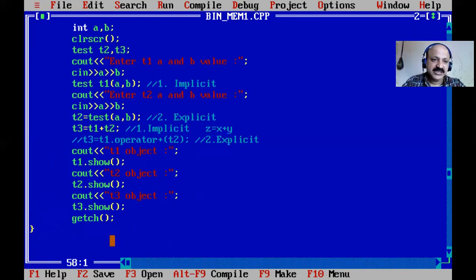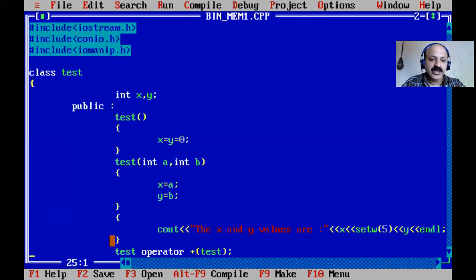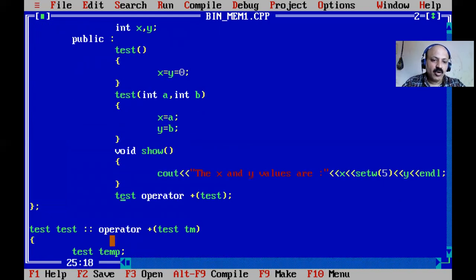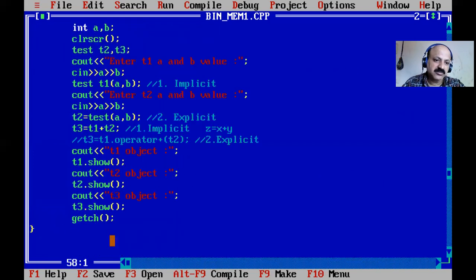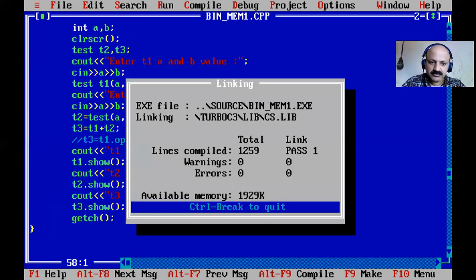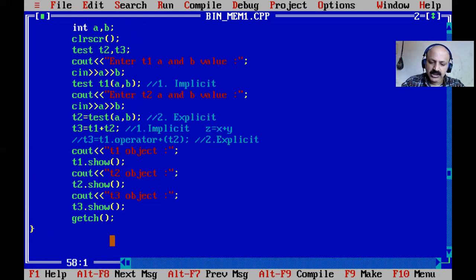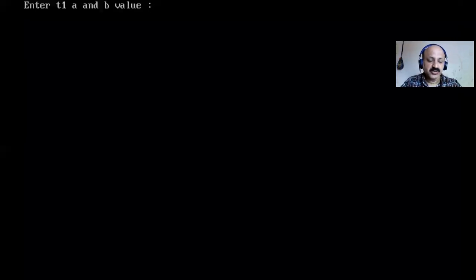And after this video lecture, you can try all the arithmetic operators yourself, like plus, minus, subtraction, multiplication, division, and you can also make a menu-driven program where the user chooses the operator. That is also possible. Now there is no error. So we can take a runtime choice, first asking for the value and then applying the sum.